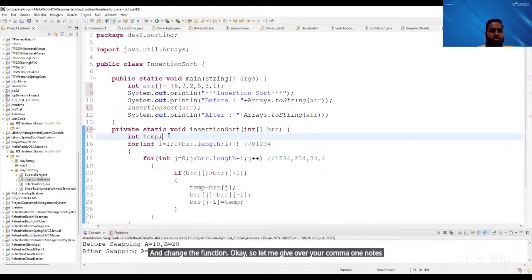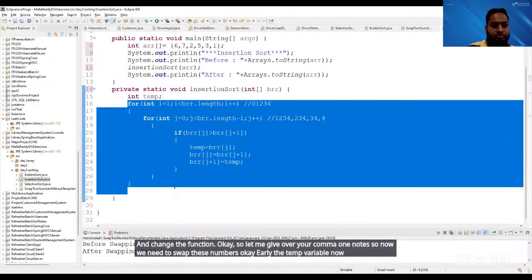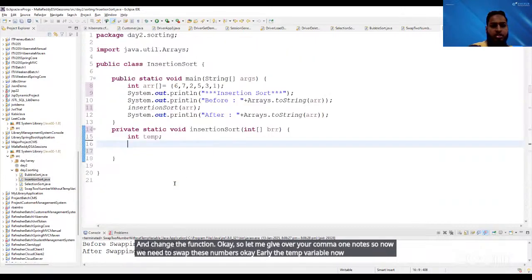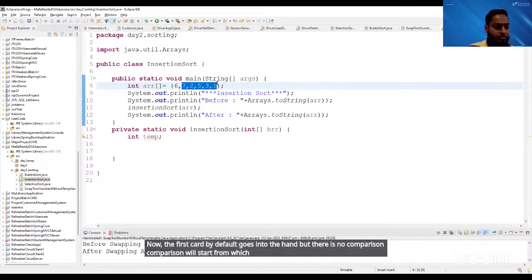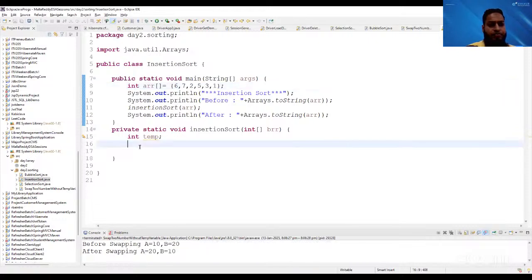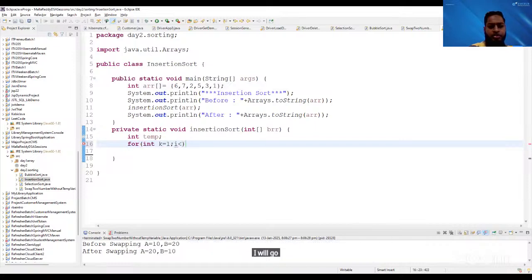So now we need to swap these numbers. Okay, I'll need the temp variable now. So this is what you will need to be careful of. Now the first card by default goes into the hand because there is no comparison. Comparison will start from which index now? Okay, so comparison will start from index, let's call it K. It will start from index 1 and will go till the end, which is